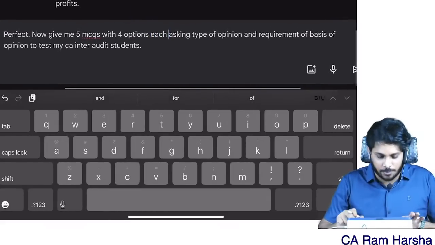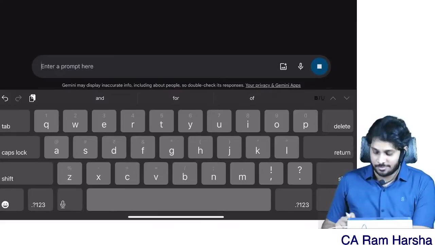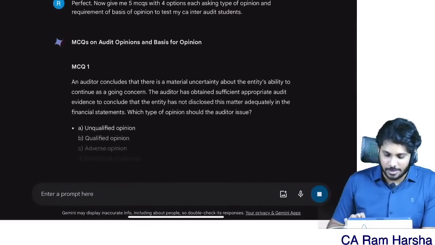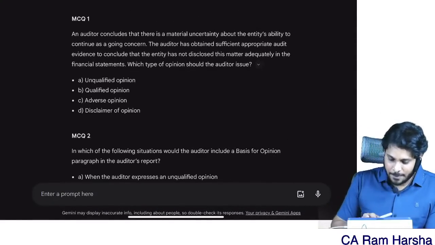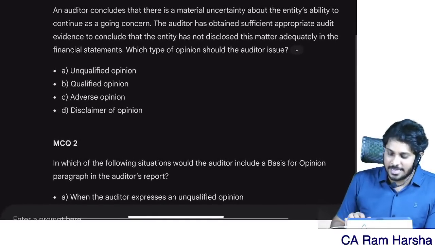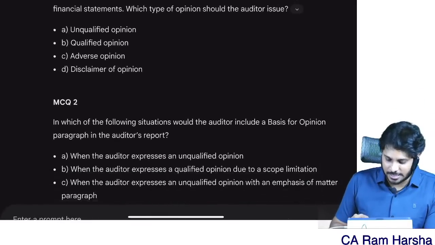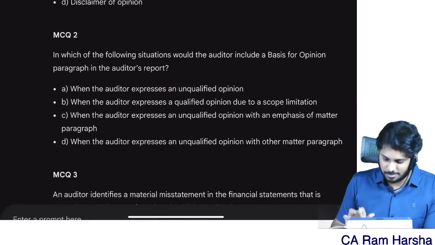You know, there is a course called prompt engineering course. MCQs. Some might come, you see. An auditor concluded that there is a material uncertainty about entity's ability to continue as a going concern. I think a going concern point is,